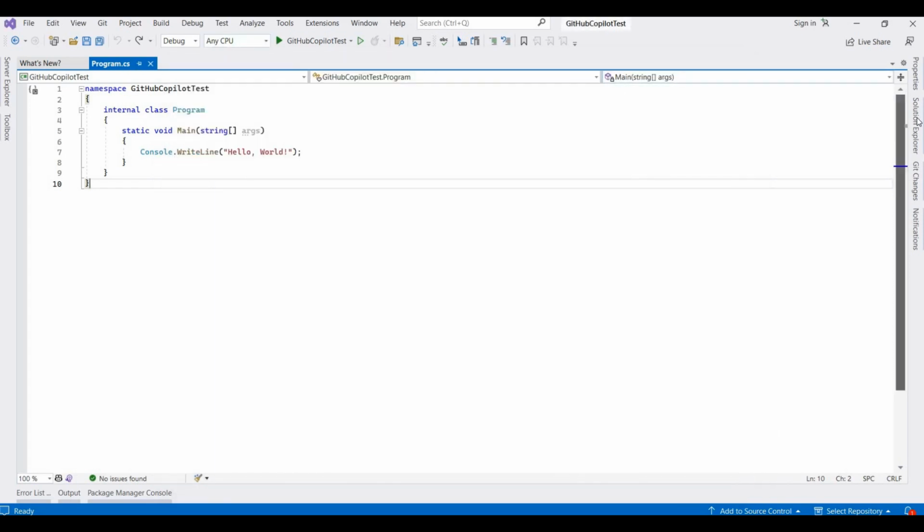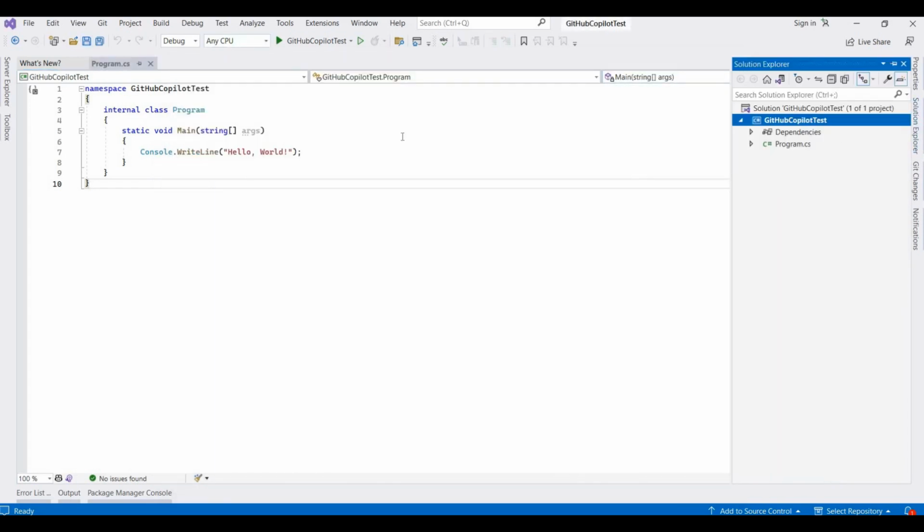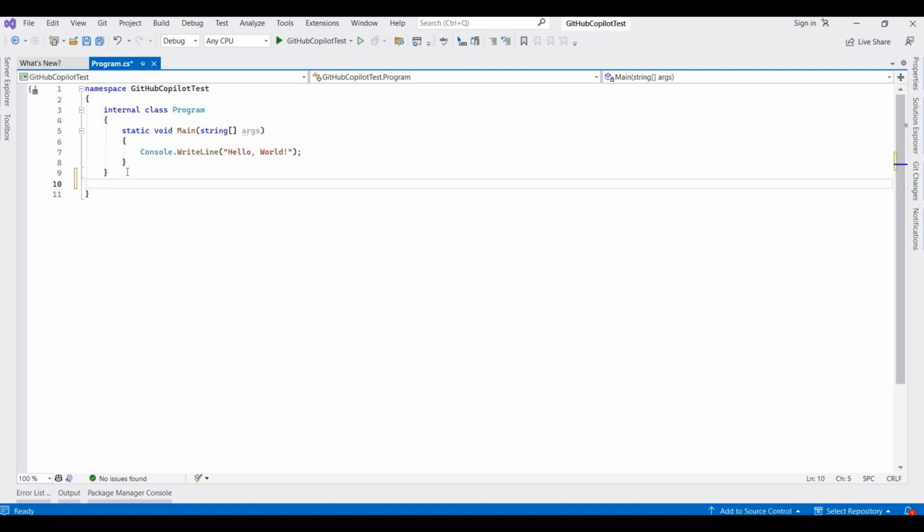And here I am taking a simple console application for demonstrating the live suggestions from GitHub Copilot. This will boost your productivity at an efficient level, so you can do your job quickly compared to manually writing your code. So let's start. Say I want to create a class for employees. You can just write a comment here like